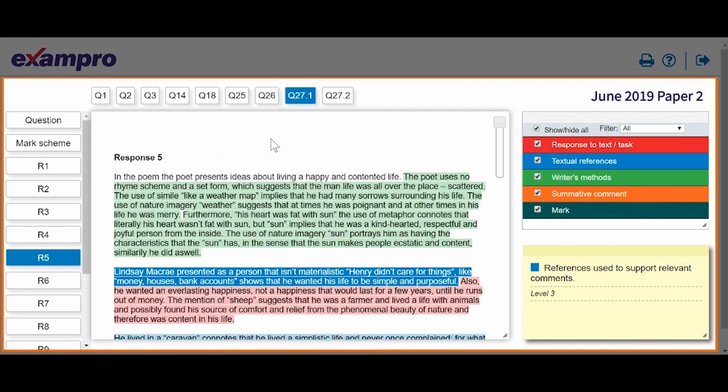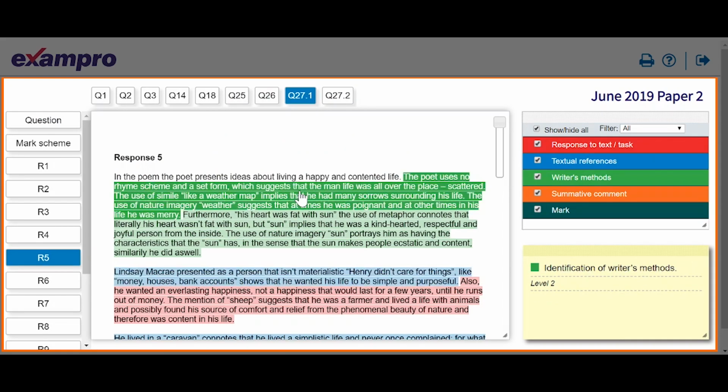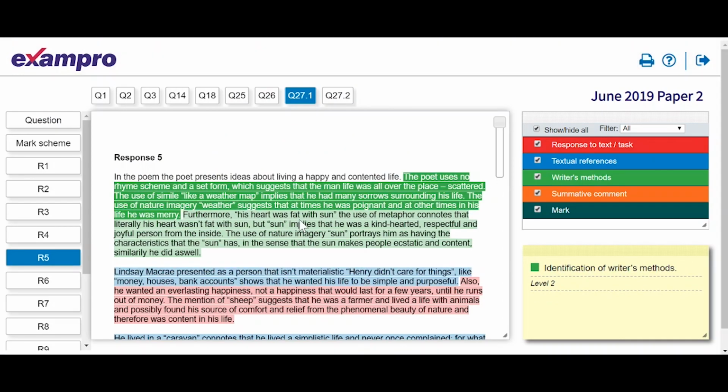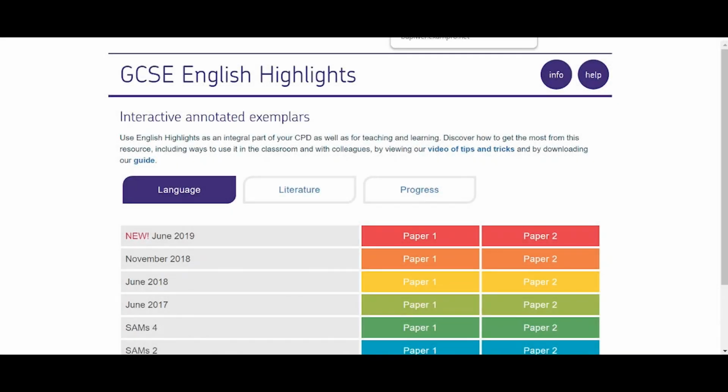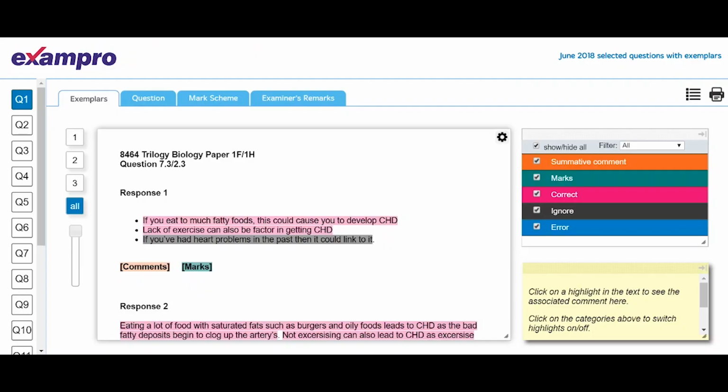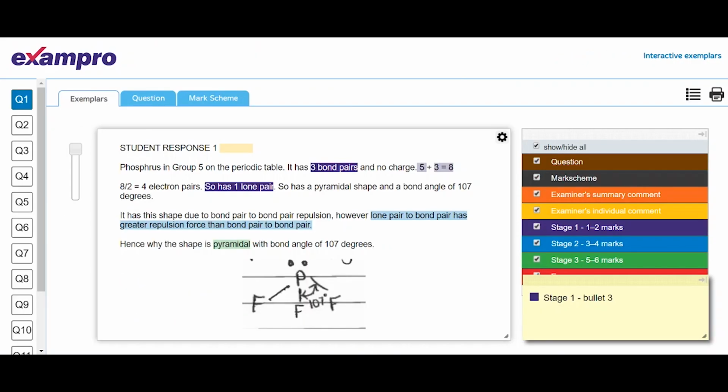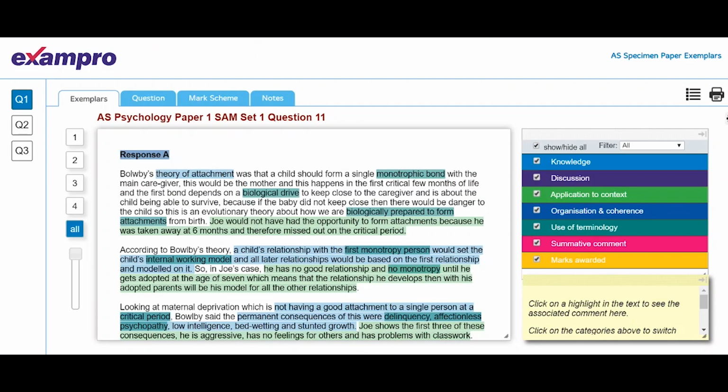Highlights is an interactive tool with marked and annotated real student responses to AQA exam questions. Our flagship subject for highlights is GCSE English, but we also have exemplars for GCSE and A-level science, A-level psychology,